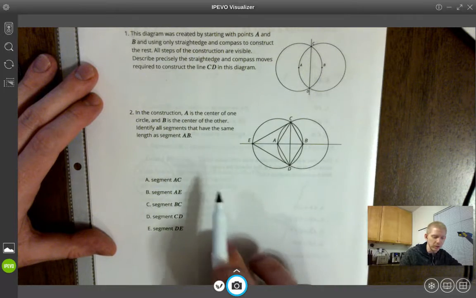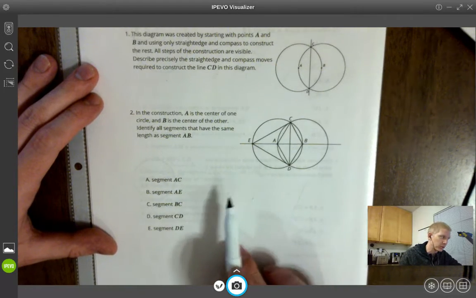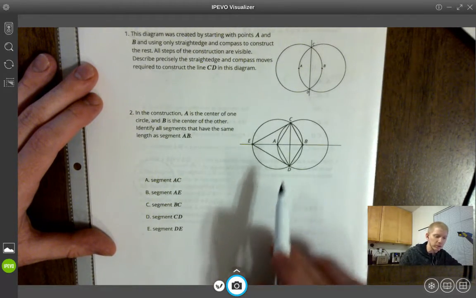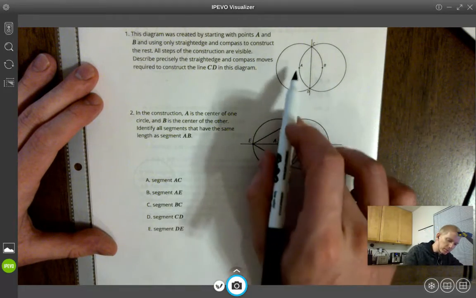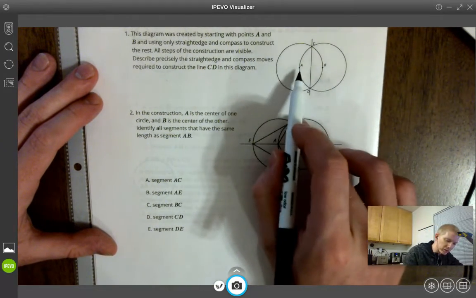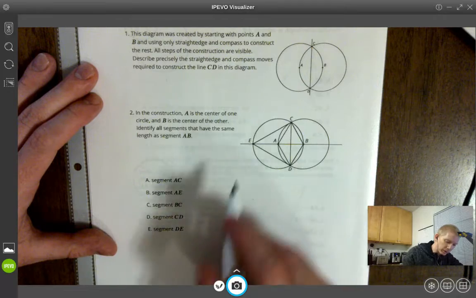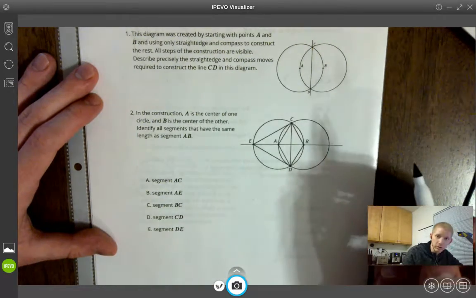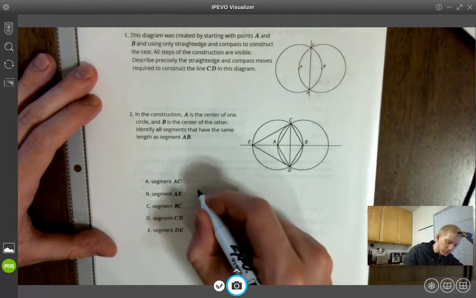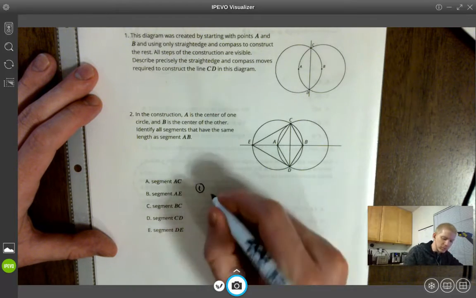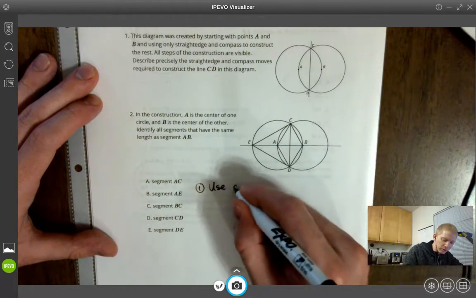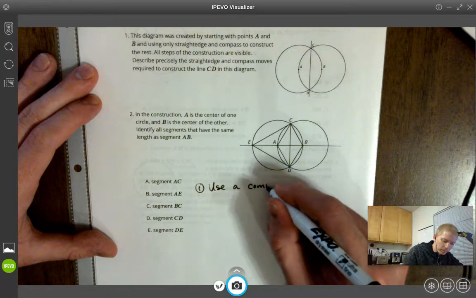Ideally, we'd like to specify the tool that we should be using and the geometric figure and any other information that we need. So the very first thing that they probably did was they probably made circle A. And in order to make circle A, we would be using the compass. Okay, so one way that we could precisely describe that move is we could say, use a compass